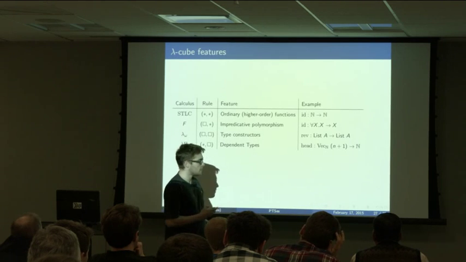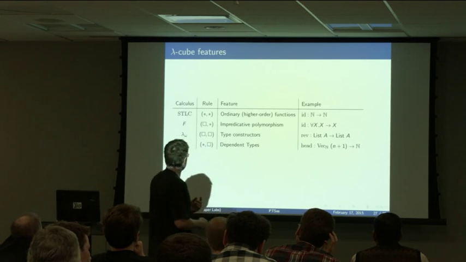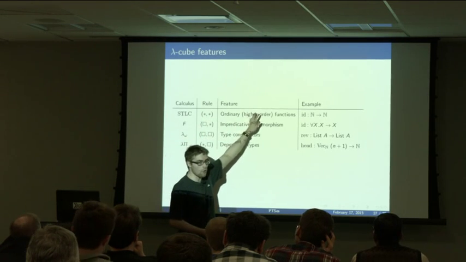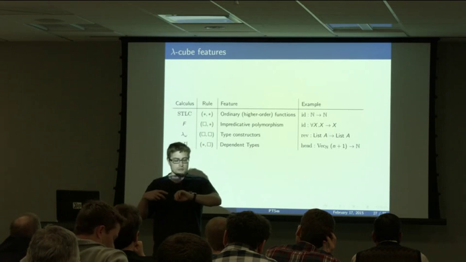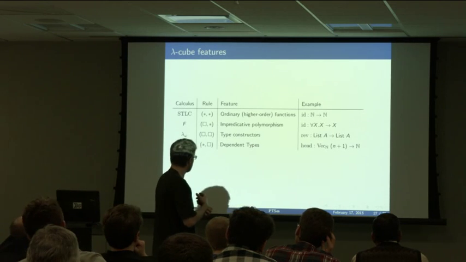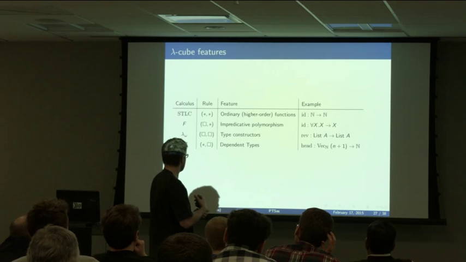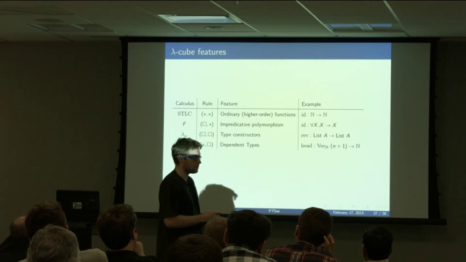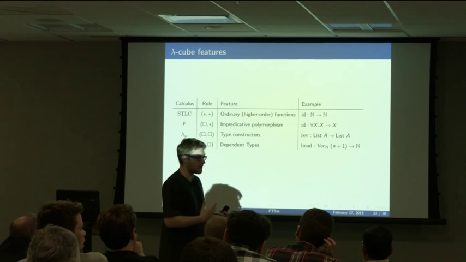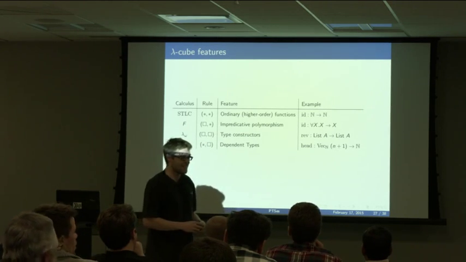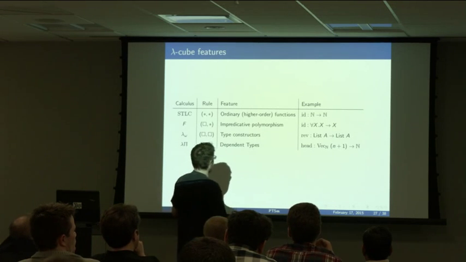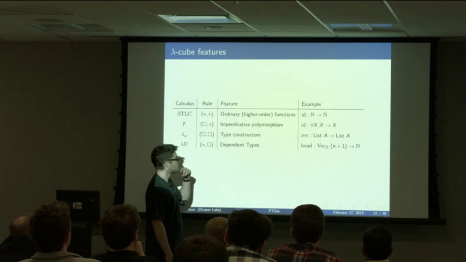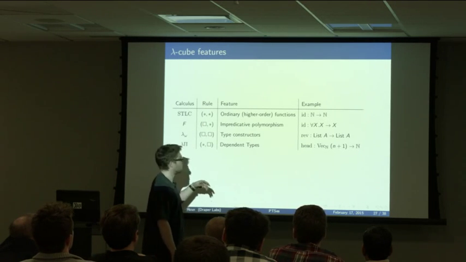So I'm going to describe what each feature is. First, the lower left-hand corner, you just have the simply typed lambda calculus. You have no extra features than just the lambda. When I mentioned earlier that S2 is usually S3, notice how the rules here only have pairs of things. It's because S2 is S3. Yes, I know that, but you had triples earlier, and you dropped to pairs. I admit I'm not crazy about that for pedagogical reasons.